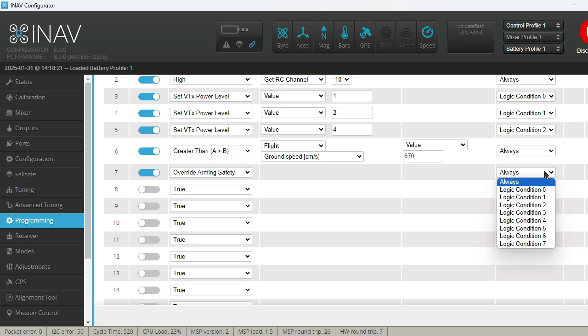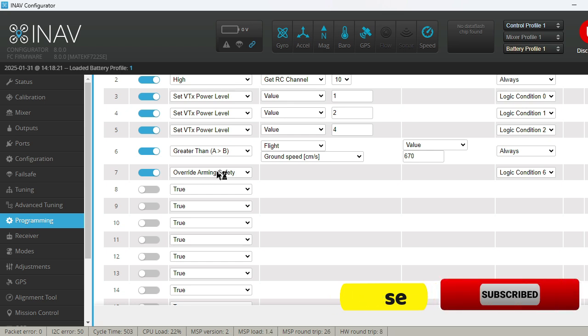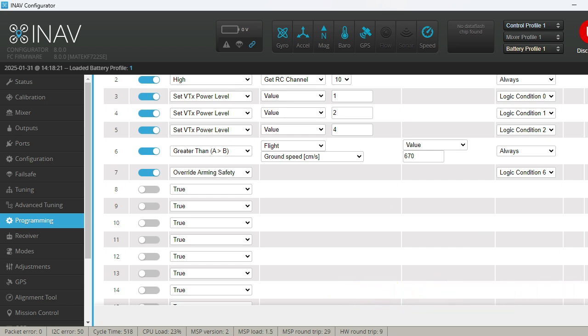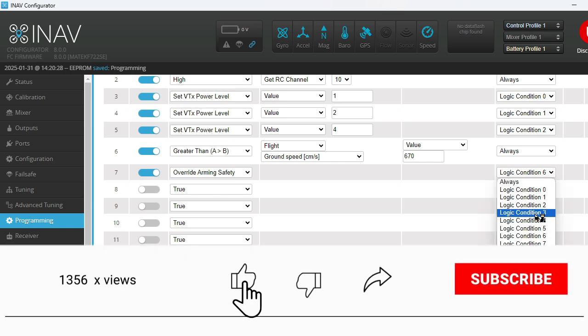So here we're going to set this, and we're going to set logic condition of 6. So if this activates, then my logic condition should override this setting. So let's save this, and then